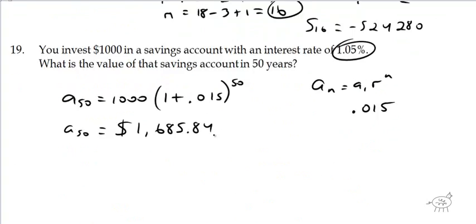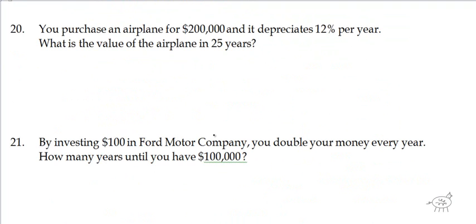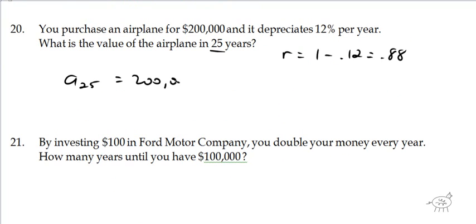Number 20, you purchase an airplane for $200,000. It depreciates. So remember, your R is going to be 1 minus 0.12, which is 0.88. So it's going to be A sub, in 25 years, A sub 25 is equal to 200,000. It's not a good investment either, a plane. Times 1 minus that, so the rate, so it's 0.88. And that's to the 25th power. Okay, so A sub 25 comes out to be